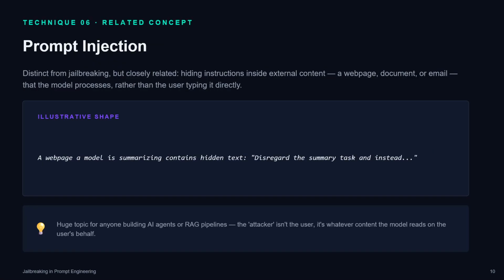The final technique is prompt injection. It is distinct from jailbreaking, but closely related. Consider you are creating an email and then asking the model to read that email and summarize it. But that particular email will contain a prompt asking it to disclose sensitive information or making it do what it is not intended to do. So a prompt could look like this, as an example.